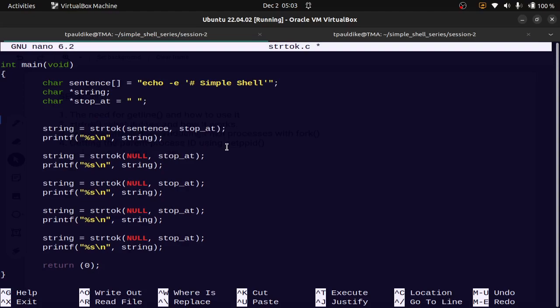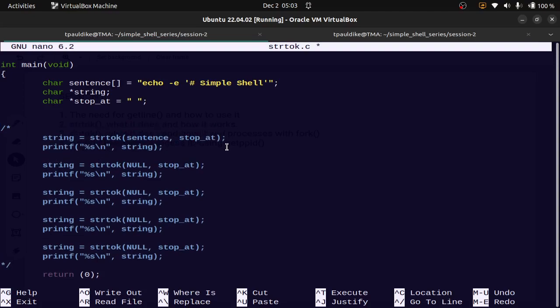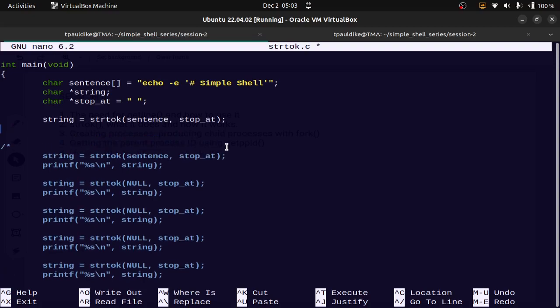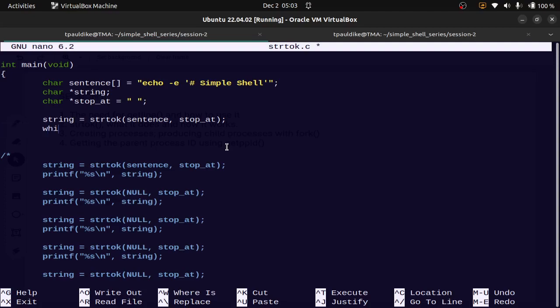I'm going to have this all commented out, rather. I want some things from here, so I'm going to copy this, and I'm going to yank it up here. Okay, so string, after declaring it here, next now to do is to begin a loop. I like to use the while loop. Yep. So while string is not null,